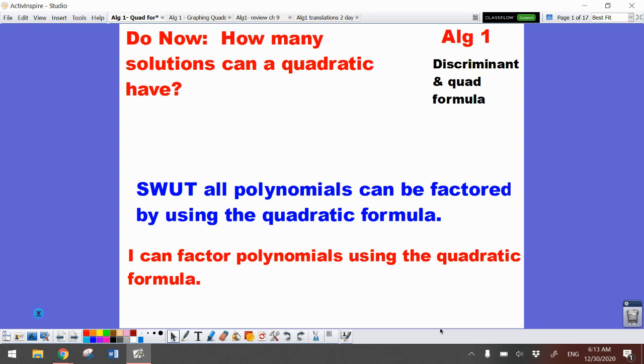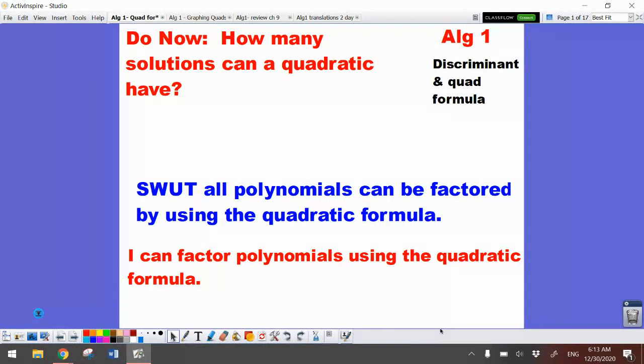All right, so let's go ahead and start our next unit today. We're going to be working on what we do when we have a quadratic and it doesn't factor. We know that every quadratic actually has roots and can be graphed. The problem is that sometimes the factors are decimals. So we're going to be taking a look at the quadratic formula and the discriminant today to figure out